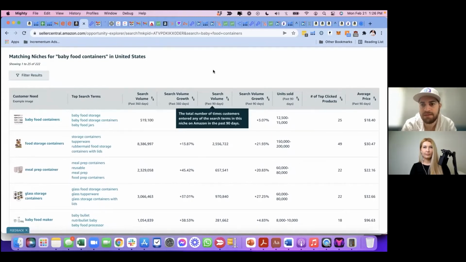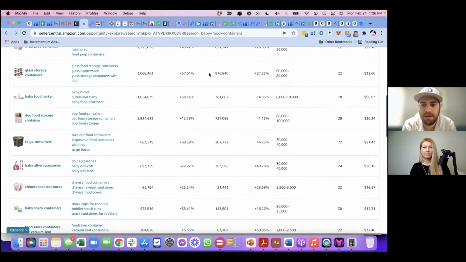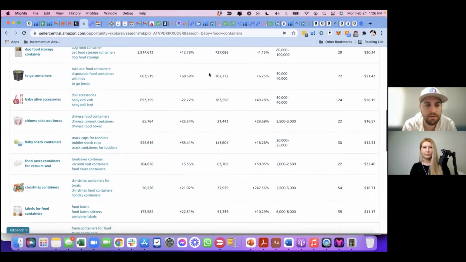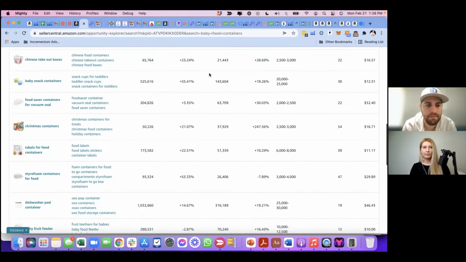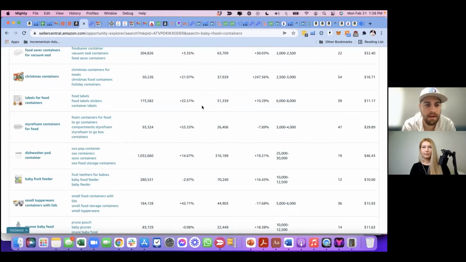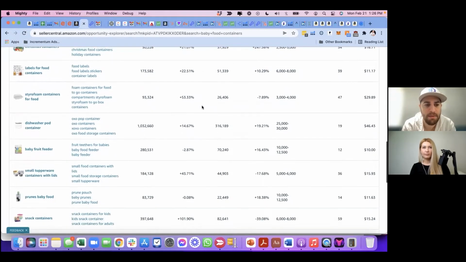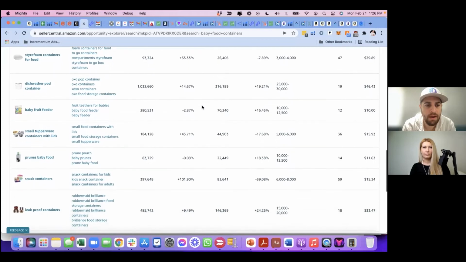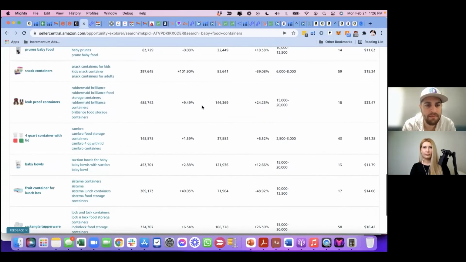So I would look for things that are particularly lower in search volume so that I could find something that has a smaller amount of searches, that not as many people are going to come in and